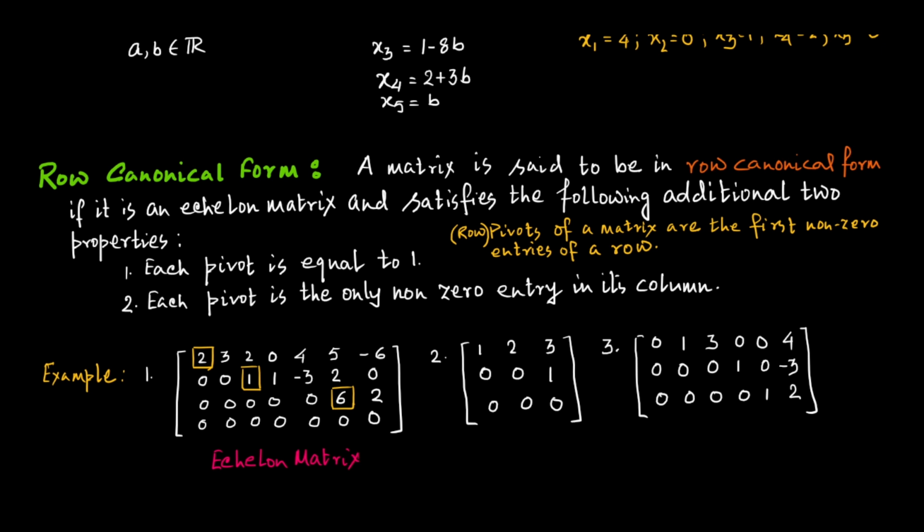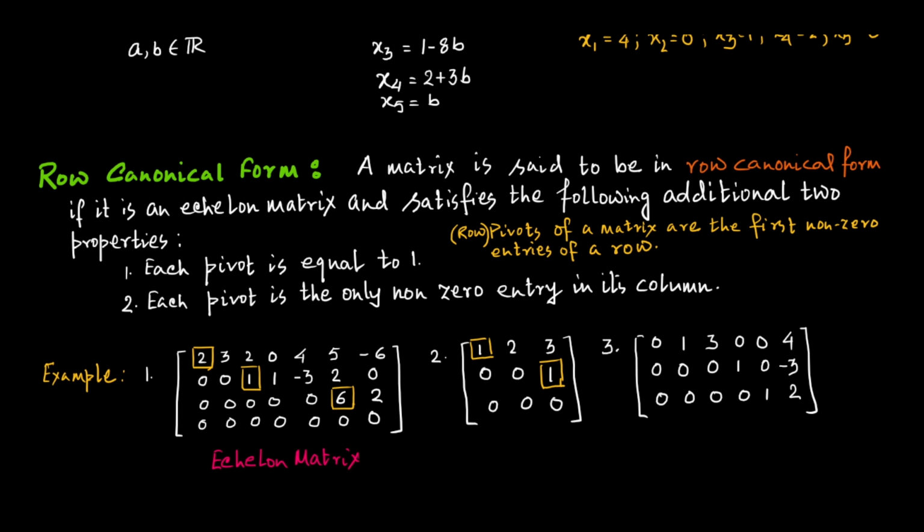Now, the second one. Again, if I consider the pivot elements for the second one, the pivots are this and this. Now you can see this one also satisfies both the requirements to be in echelon form. The 0 row is at the bottom, and if you move row to row downwards, the pivots are lying to the right. In the same language, you can also say that the pivot of any row is lying to the right of the pivot of the preceding row. So this is a matrix in echelon form.